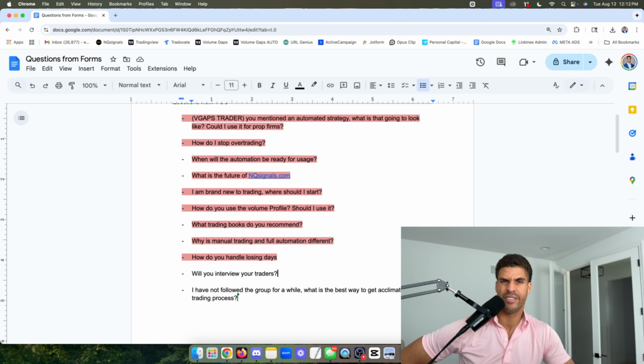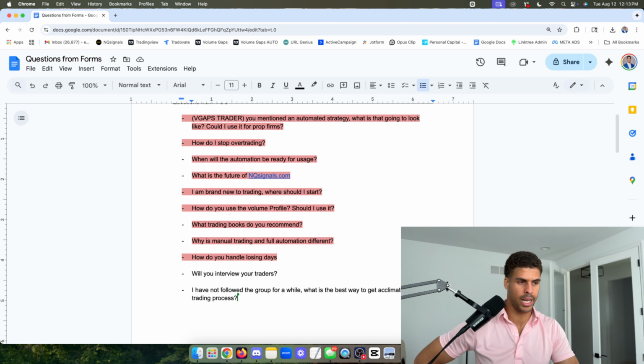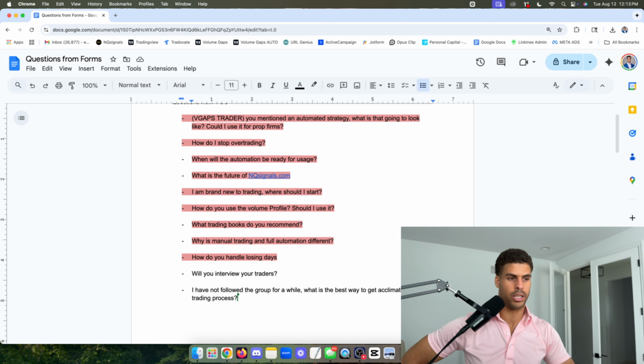They'll be very informal. They'll be a lot of fun. Hopefully they'll be 20, 30 minutes, nothing crazy. If it goes longer, it goes longer. You never know if you vibe with somebody, but we'll see what happens with it. It should be a lot of fun, but I do have some plans for interviewing traders on the back end.